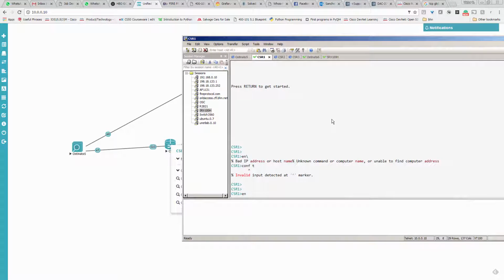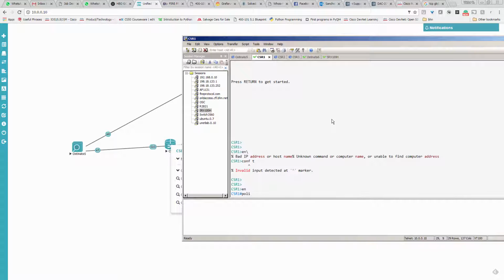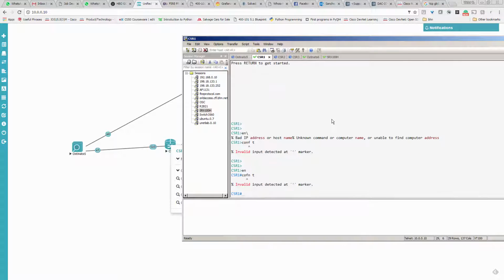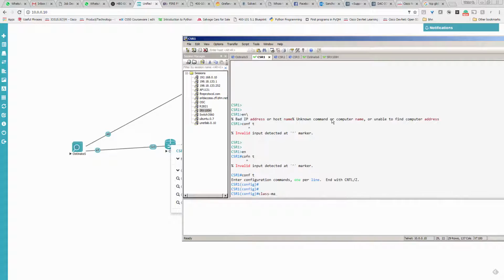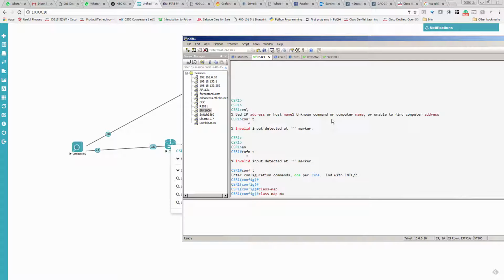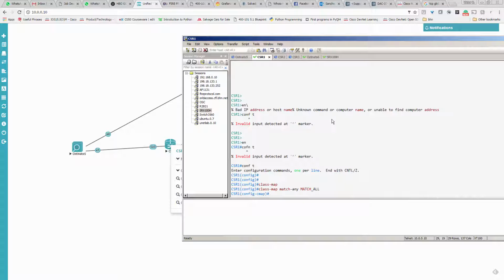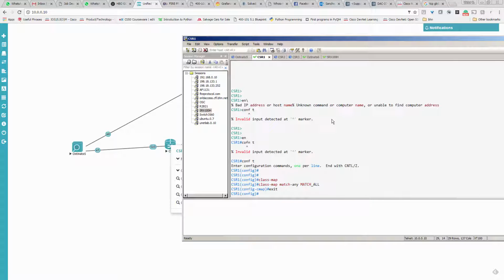And we're gonna create a class map matching any, call it match all, and exit, and create a policy map